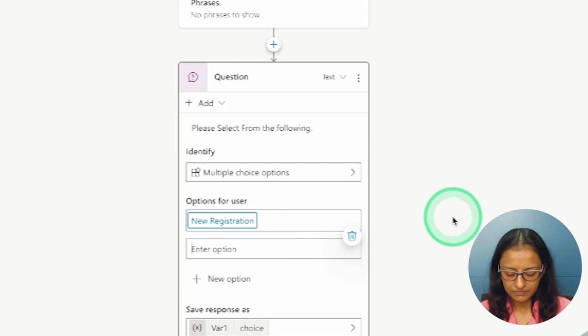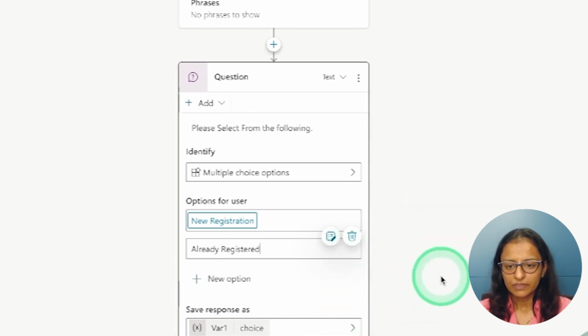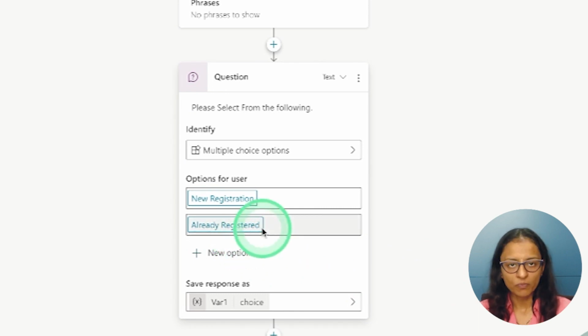So click on that, already registered. Okay, and you can select n number of options.